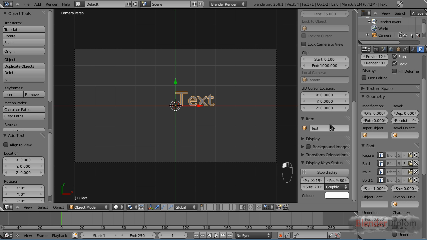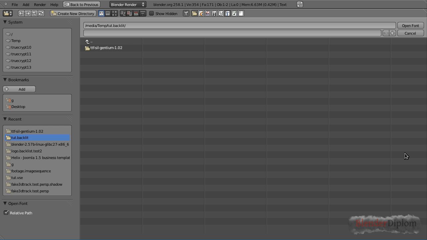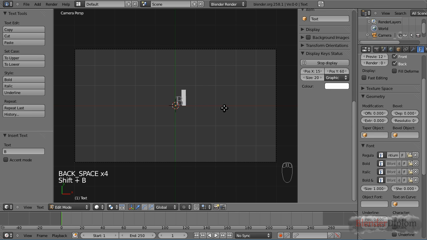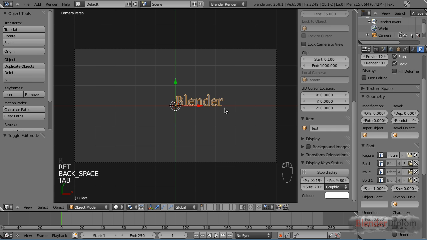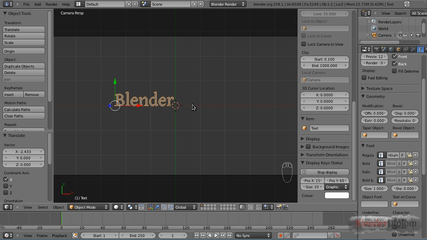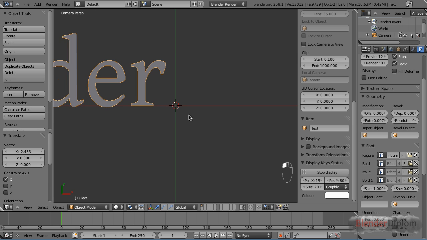Let's hit Shift A, add a text, and here we got the problem that the text only by default has the Blender font as an option, but we can select TrueType fonts from our hard disk, and I'm usually choosing this one for my logo. Then go Tab, edit mode, and let's write Blender GX, point it up there, and then I'm doing a little bit of extra on this. Let's do some extrusion